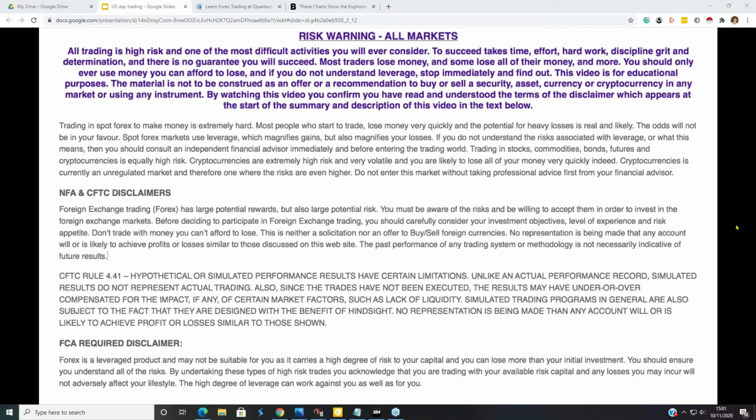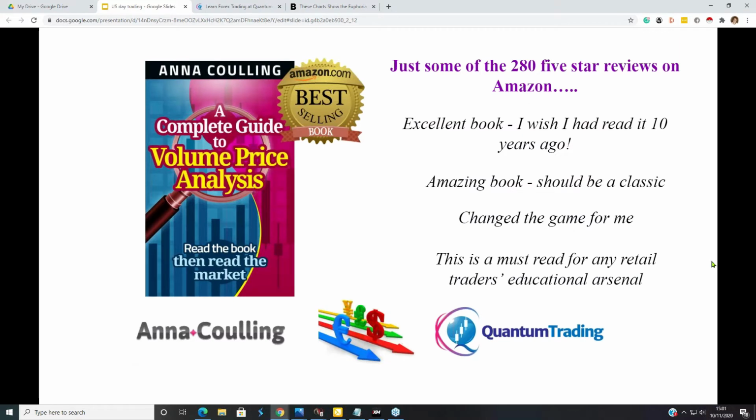As you know, trading can be a very risky business, so please don't ever think of using money that you cannot afford to lose. And as always, we are going to be looking at the markets through the prism of volume price analysis. Those of you who come along regularly will know this is a methodology that David, my husband,